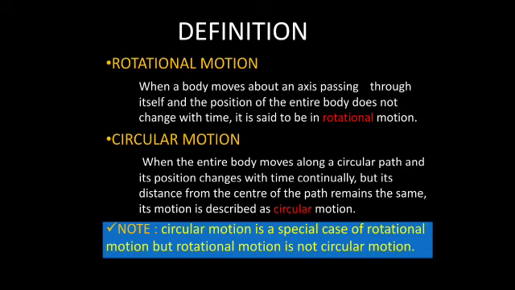Children, again make a pause of this video and write down these definitions in your rough notebook to understand in a better way. But here, children, just remember, just note it down that circular motion is a special case of rotational motion, but rotational motion is not circular motion, because in case of rotational motion the object is not rotating entirely. I mean, the whole object is not moving. A part of the object is moving. Though it is circular, it is not in the entire object, right?